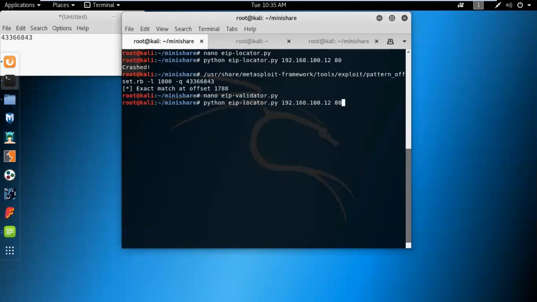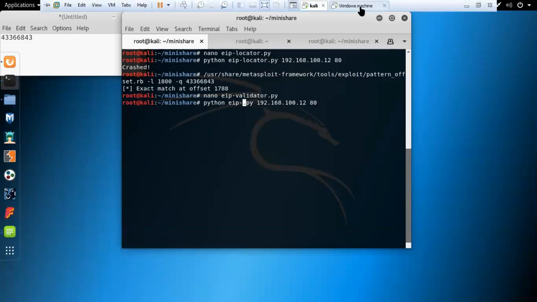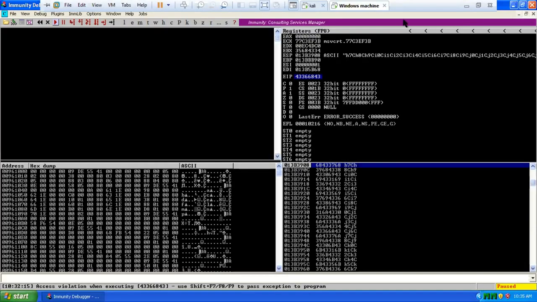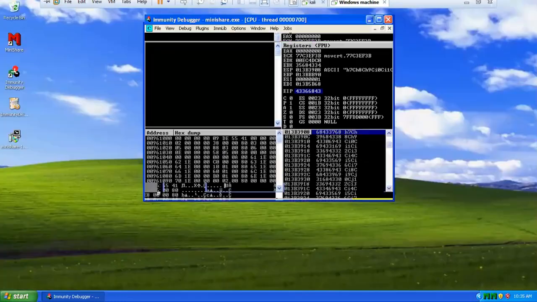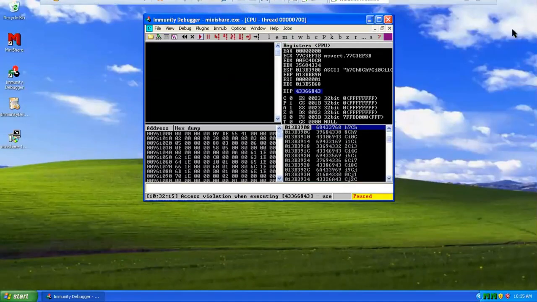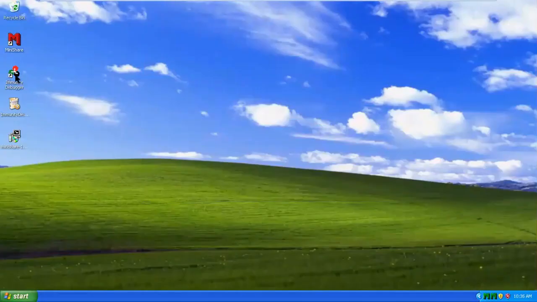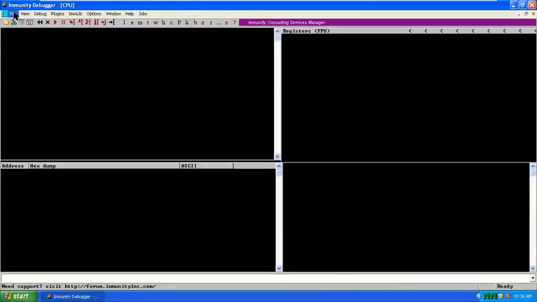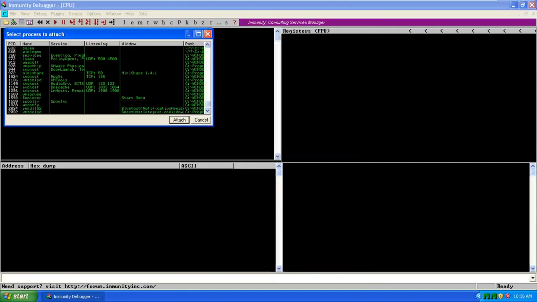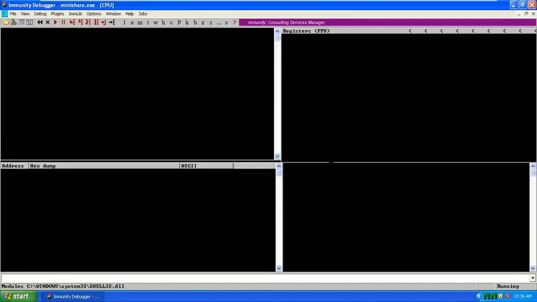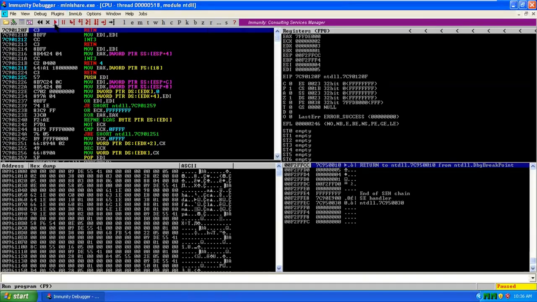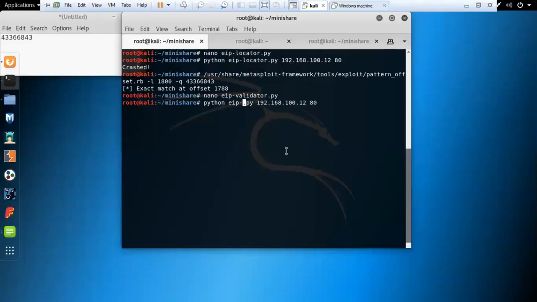Just change this, and we have to go through the motion of restarting this again and attaching the process to it, because it crashes each time we send our overly long GET request. So here goes. And release it, and once we run this,